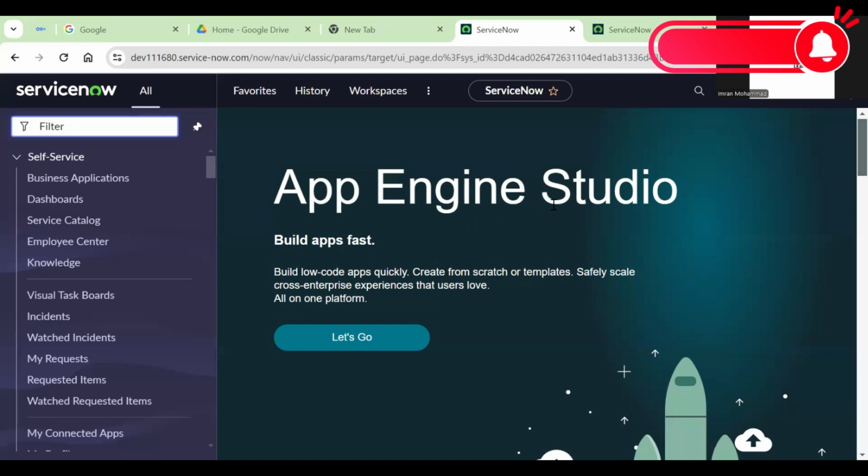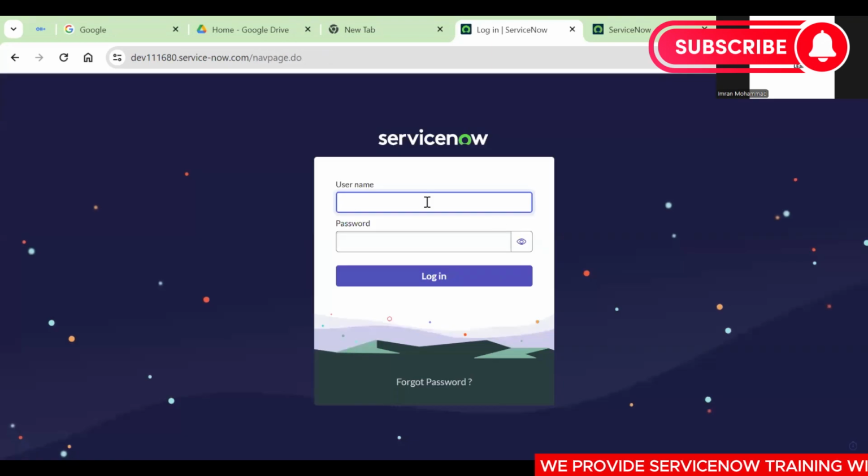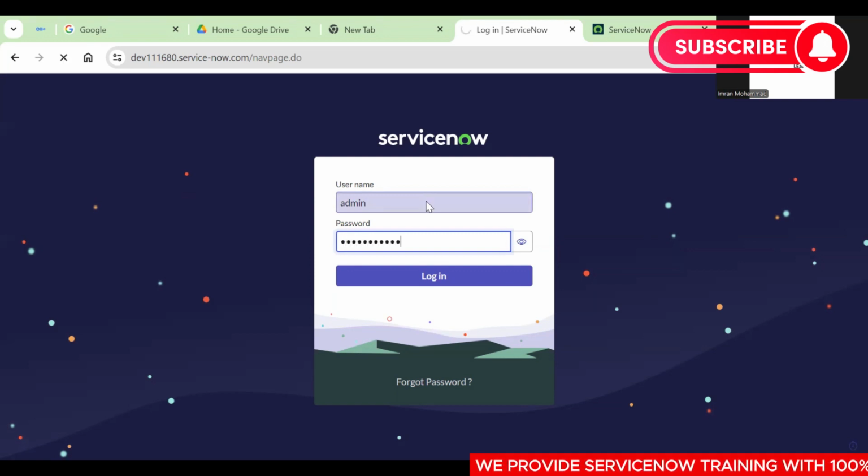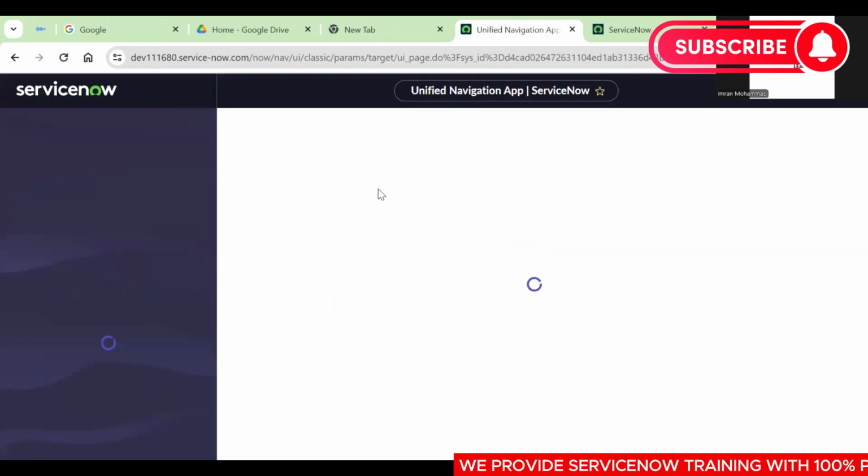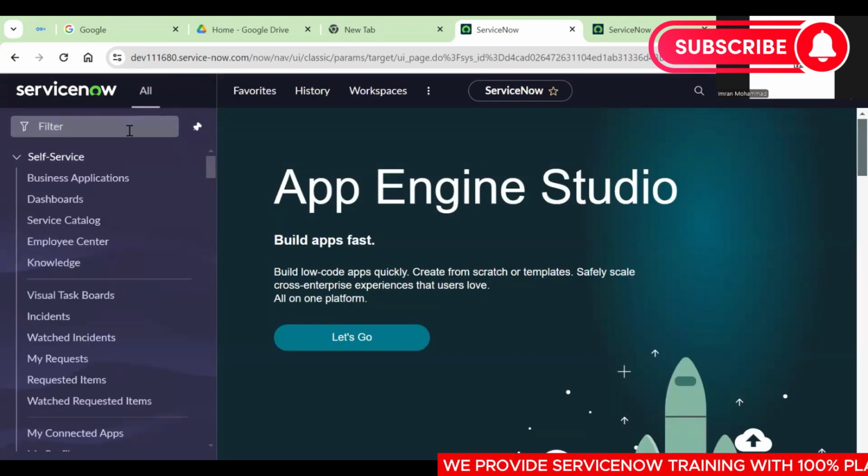How to create a user in ServiceNow. First and foremost, we need to log in with the admin credentials, because the user who has the admin role can create the user in ServiceNow. So first we need to log in with admin credentials and navigate to